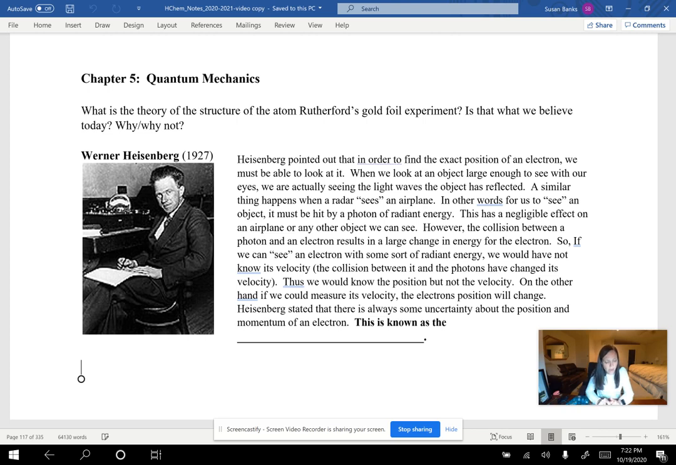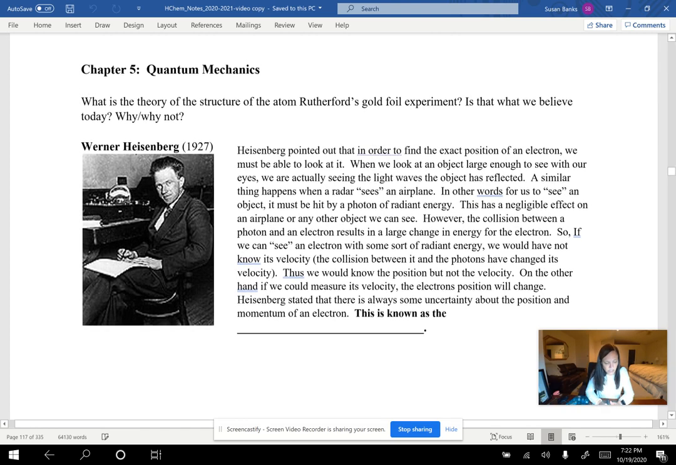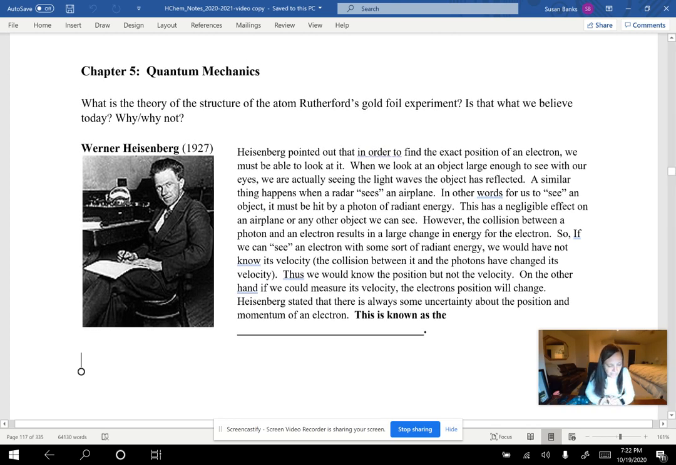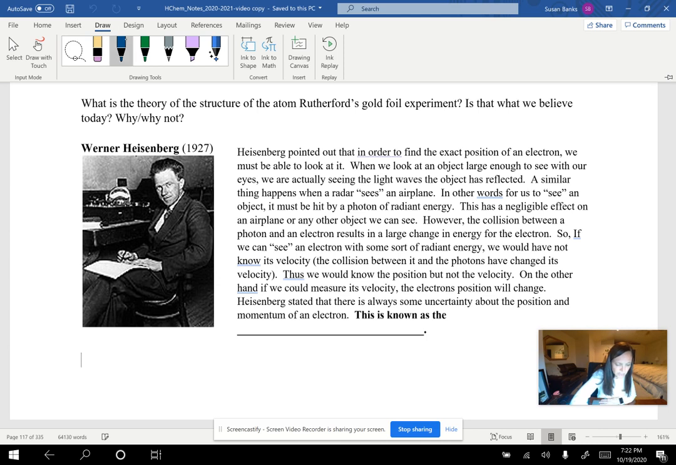So let's start with the first question here. What is the theory of the structure of the atom from Rutherford's gold foil experiment? We already talked about that a little bit. It is the nuclear model. Is that what we believe today? Kind of not. We still believe we have a nucleus in the center of the atom, and we still believe